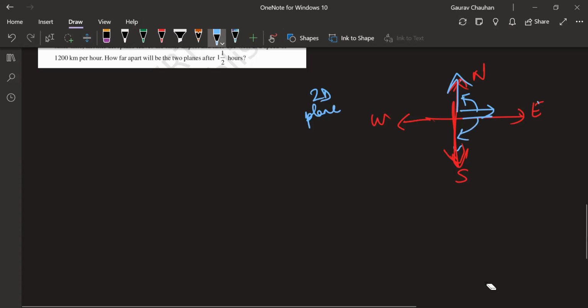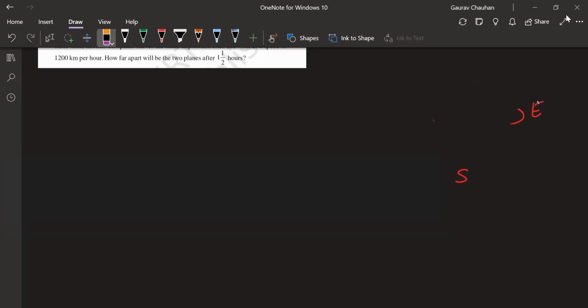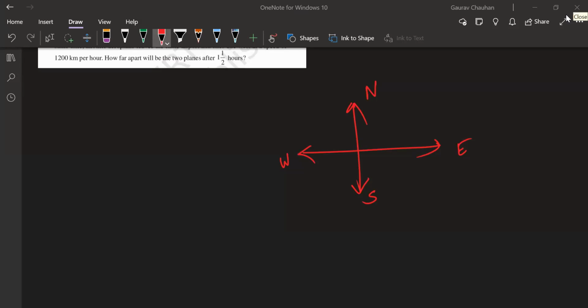How are we feeling about this? Fist to 5 in the chat box, please. How are we feeling about directions now? Type also whether you learned something new right now or not. It's an important understanding to have. This is a top view, which means only for one plane. From the top, we are understanding north, east, south, west. I want to understand if you have learned something new or not right now. Has there been some improvement in your understanding, or is this something you really knew before? I want to hear that also.